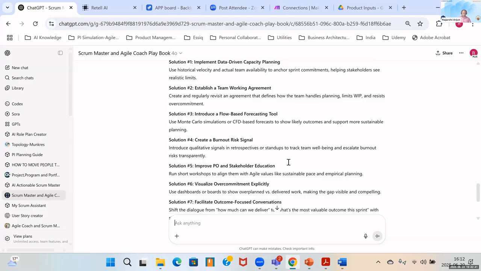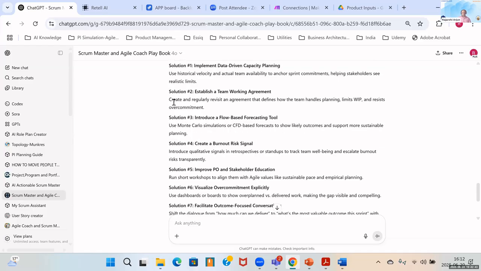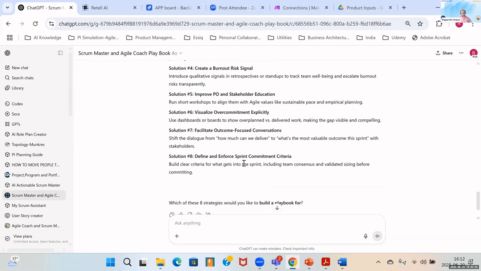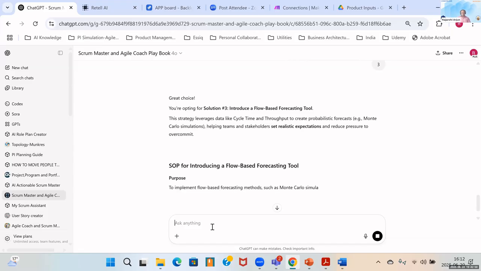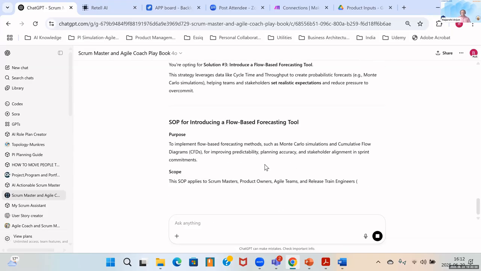So let's assume that the Scrum Master feels that, okay, let me experiment with this solution number 3, right? So now if I say number 3 over here, it's going to come up with a standard operating procedure for a flow-based forecasting tool for me.